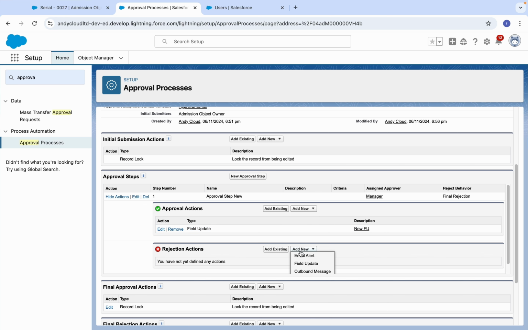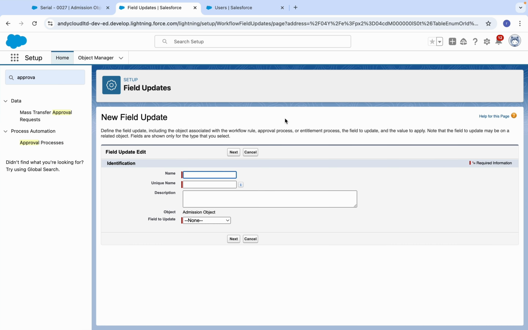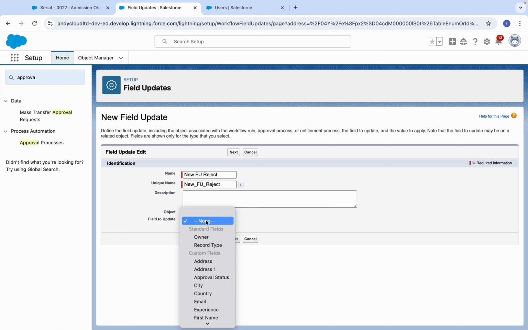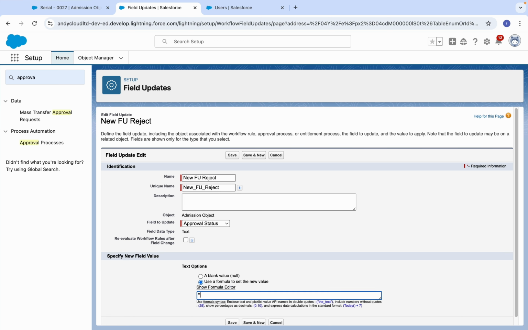So add a new field update. New field update, reject. Which field will update and with what? Approval step rejected, please review.